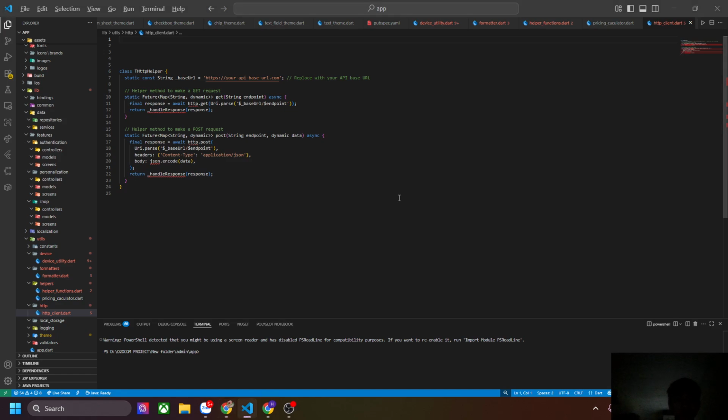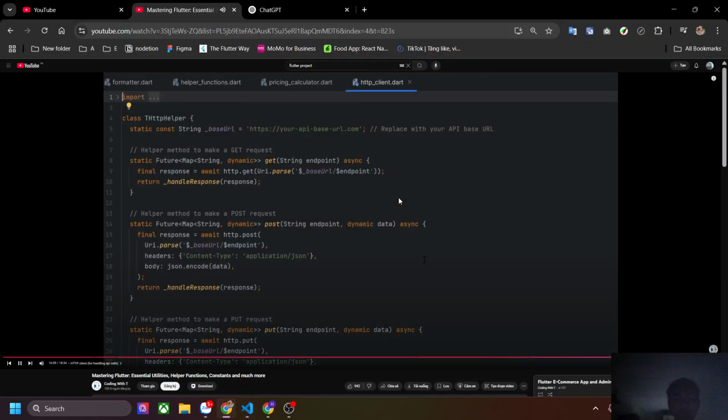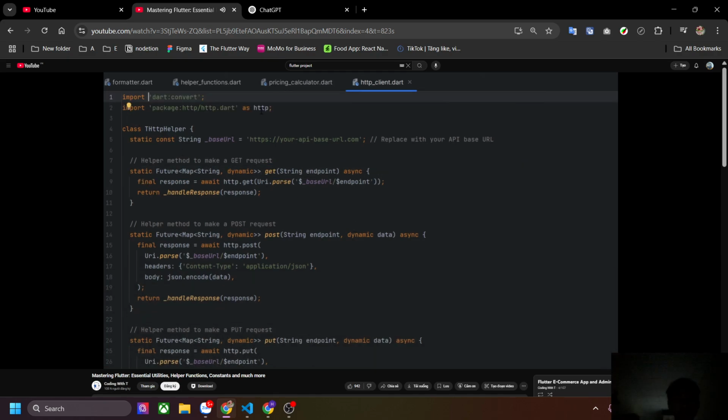You have to deal with the HTTP calls, and for the HTTP you don't have to call the HTTP library